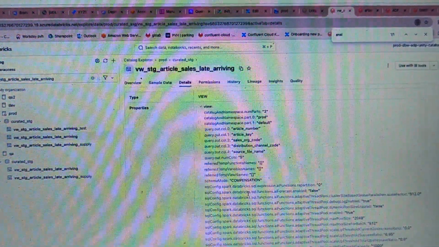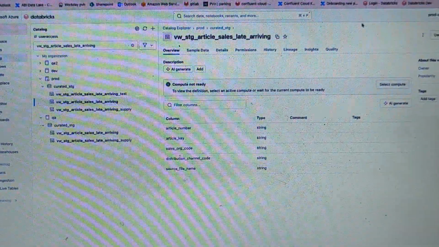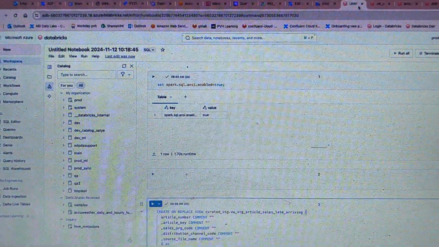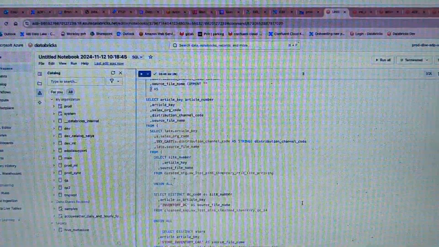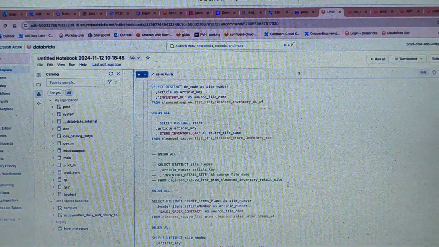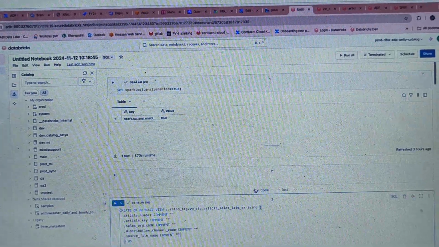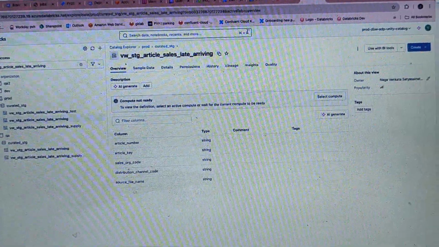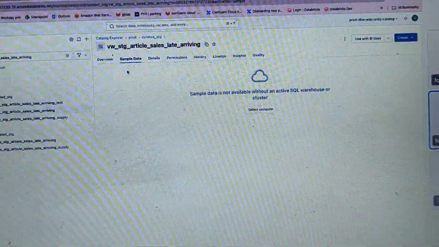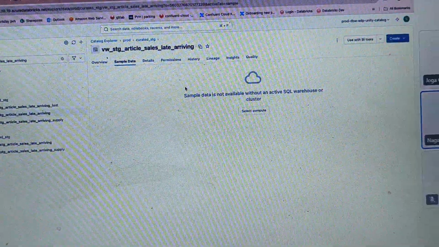We have to create all the views with the true parameter. That's what I'm doing slowly, sequence wise, for the 1000 batch, 1043 batch, all these things. Once I fixed that string integer issue and recreated the view, it ran successfully. I can see from the sample data here. If I can see sample data, that means it's good.